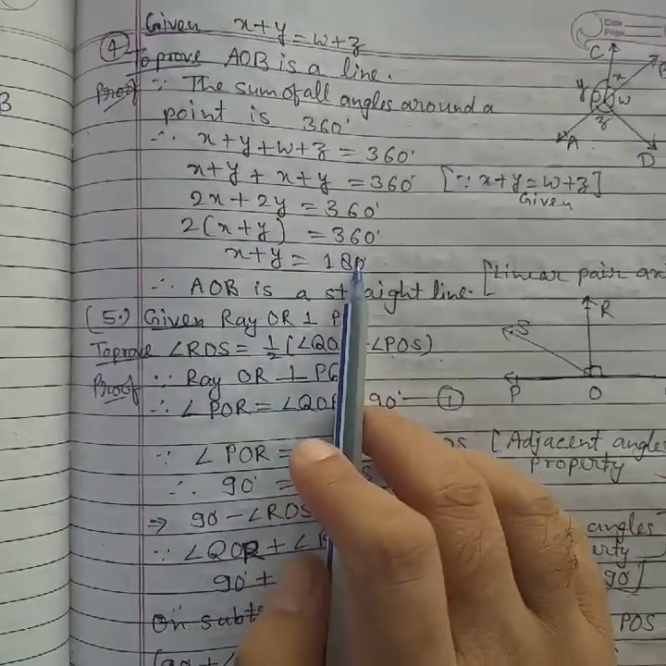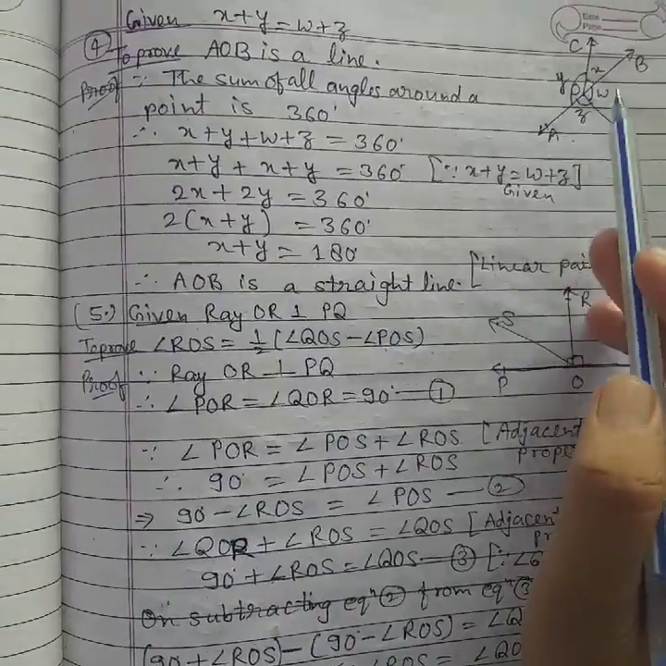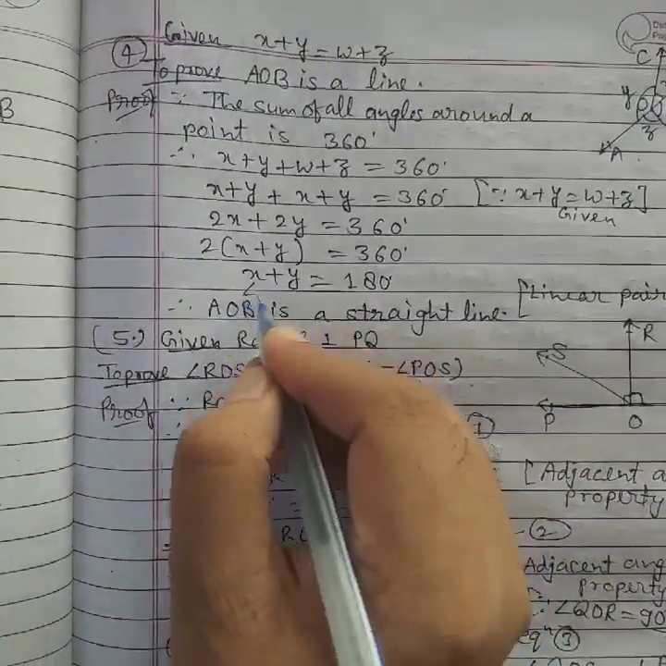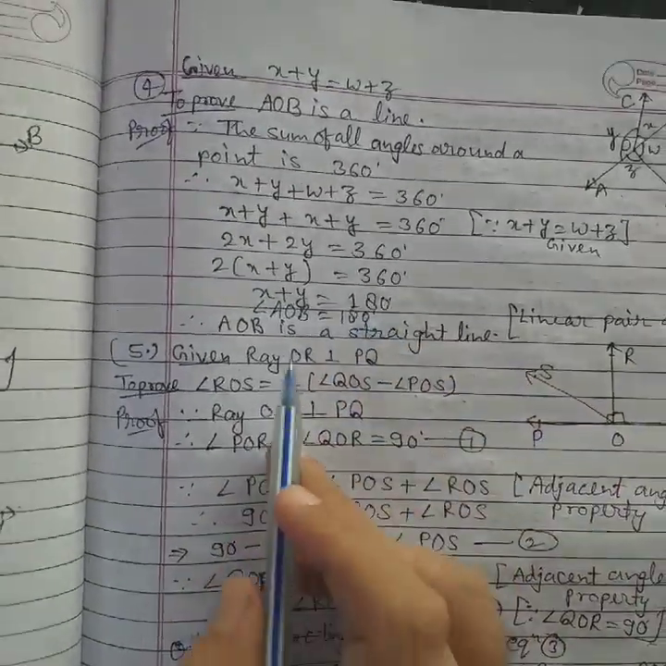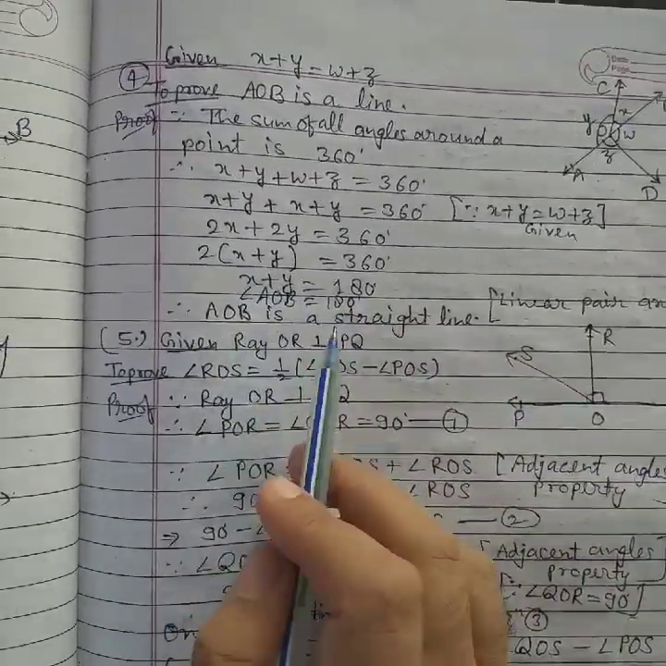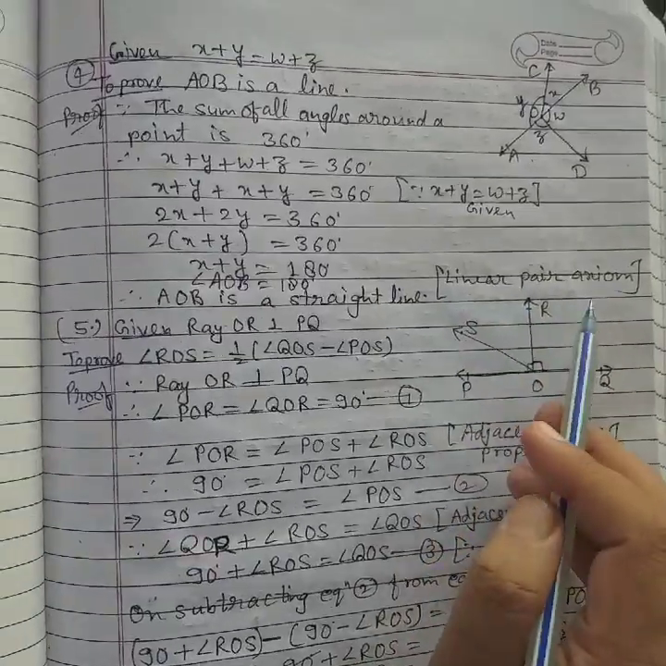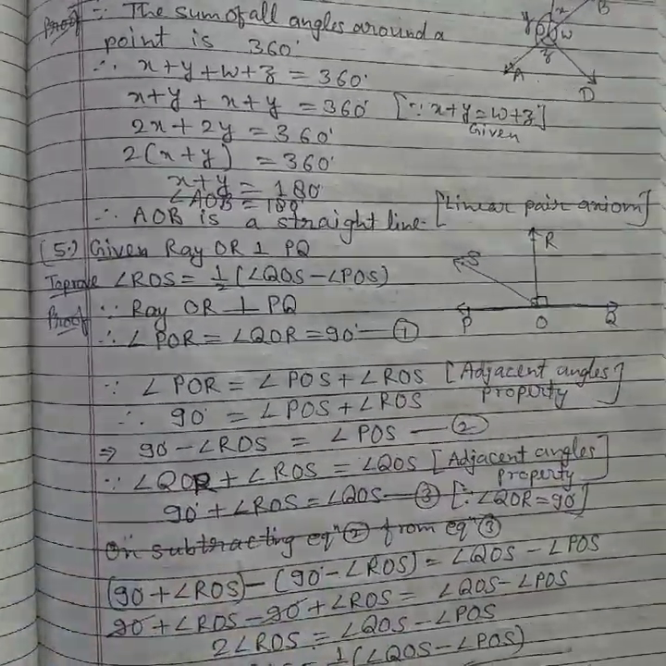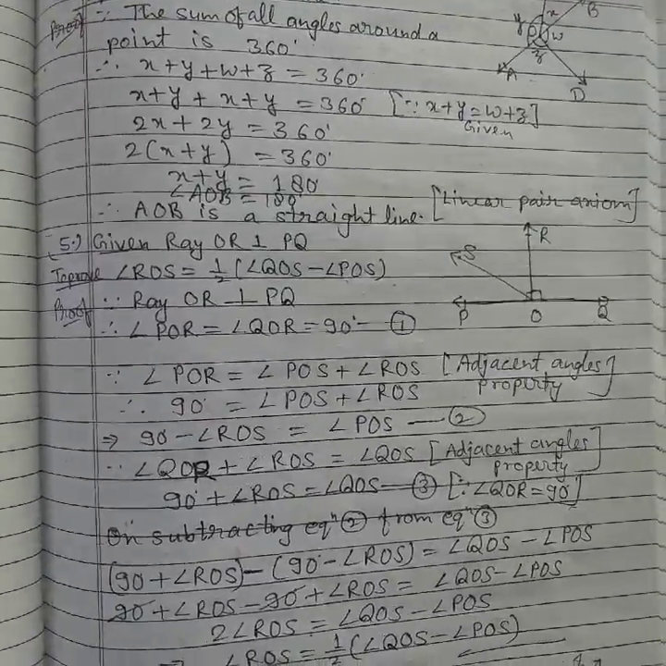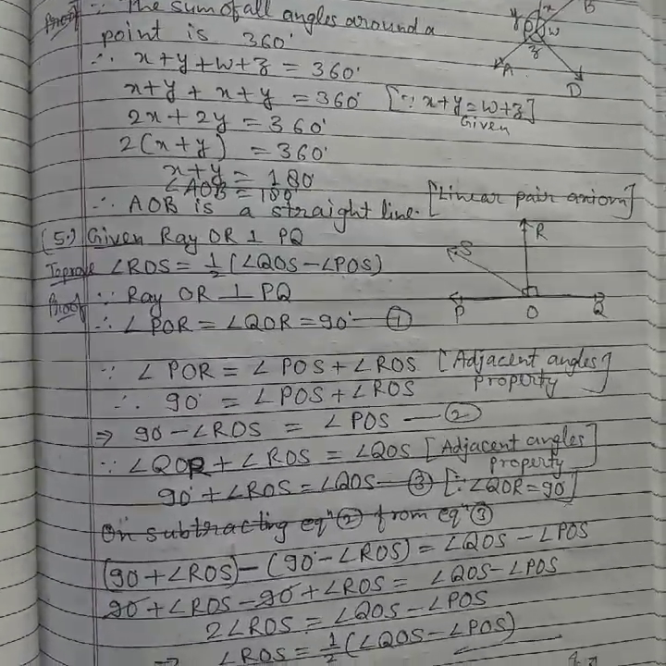So x plus y equals 180 means angle AOB is 180. We can also write here angle AOB is 180 degrees. Now if angle AOB is 180, then AOB is a straight line by linear pair axiom, converse of linear pair axiom. Now fifth question, in the given figure POQ is a line, ray OR is perpendicular to line PQ and